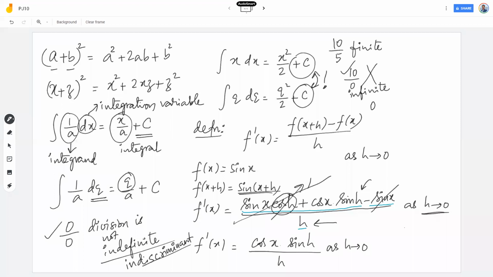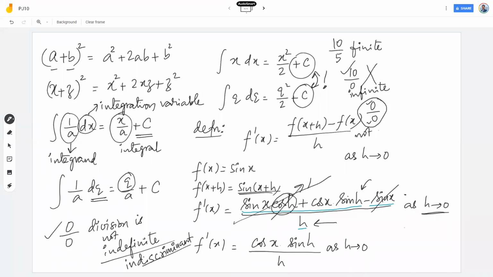Okay. What is 0 by 0? 0 by 0 means what? You have no chocolates at all with you. So how many people can you distribute them equally such that each person gets 0? You understand the question? You have 0 chocolates. Say, for example, you say 6 people. So you will go to 6 people and ask, did you get 0? You'll get tick marks. And you will come back to me and ask if you have anything left. No, I have nothing, no chocolate left. I have 0 also. So that does sound like division is complete, no? So you cannot say this is infinity. 0 by 0 is not infinity.